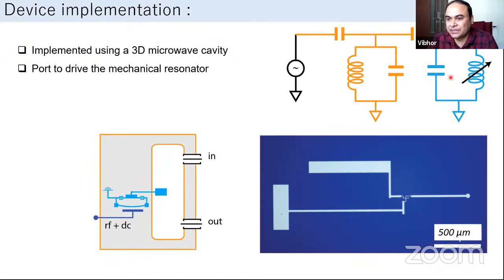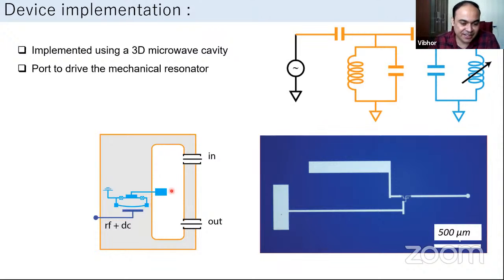So for the readout of this qubit, we couple it to a linear cavity in the form of a 3D microwave cavity. I'll show some pictures later. And then this 3D microwave cavity is integrated with input and output ports for the readout of the qubit. Okay, so this is a schematic of the device, how the transmon is coupled to the cavity.